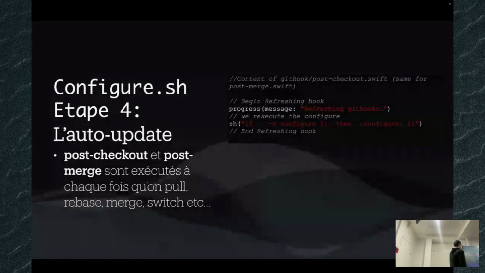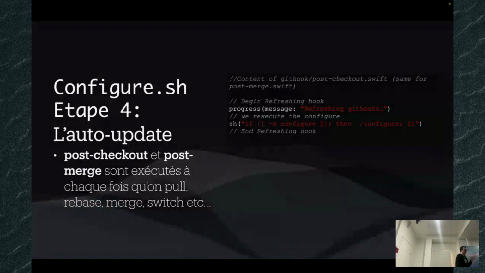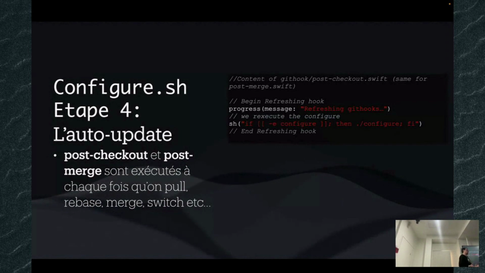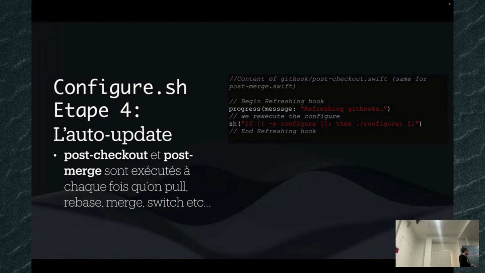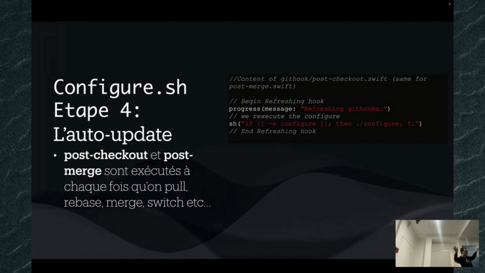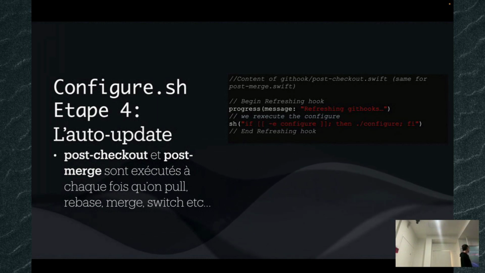And this is the real work, not a workaround, like the trick. The problem is that if you stop at just the configure file, what you will have, as a feature, is just the ability to set up all the Git hooks on the clone when you execute the configure script. But what if afterwards a developer updates them? You have to say, hey, I have updated the Git hooks, launch the configure again, right? Because if you don't do it, you will not have the new version of the Git hooks.